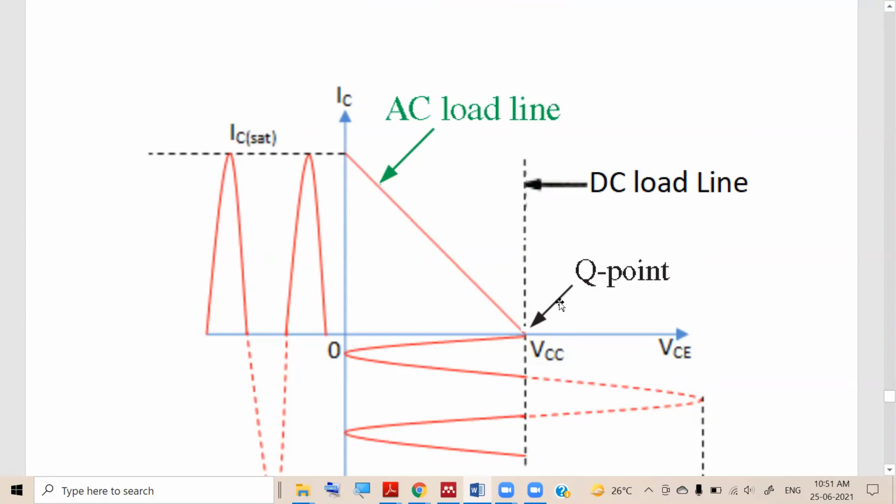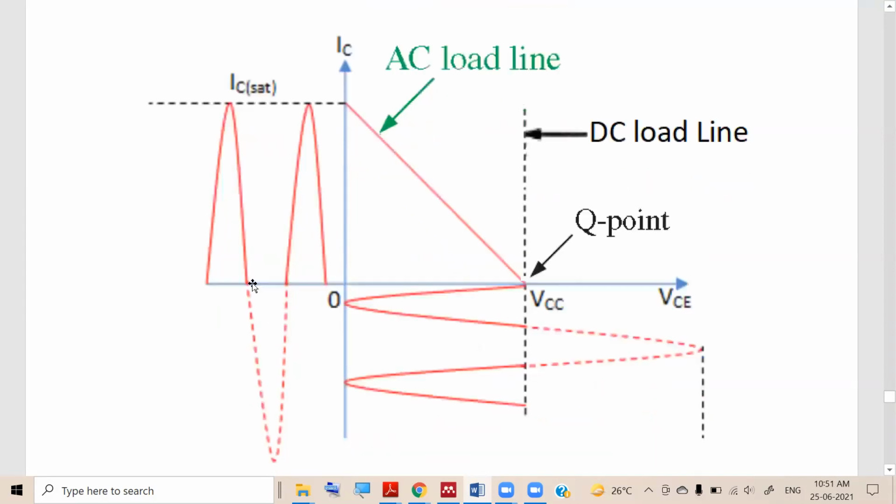Simple explanation. And when we give input signal for positive half cycle, the signal will go into the active region, and we will get the amplified signal. Negative half cycle, here it is represented in dotted line. Because it is going out of cutoff, we will not have negative half cycle. So one transistor will have only like this, like a half wave rectifier. Okay. So this is the explanation for the load line.